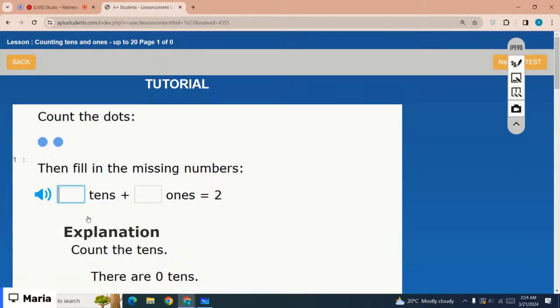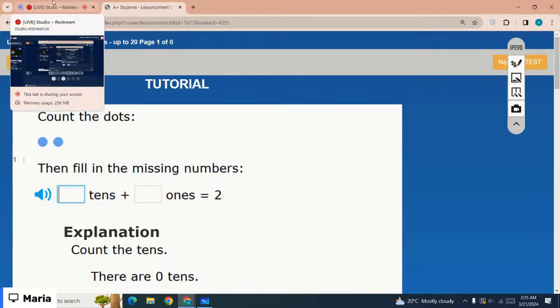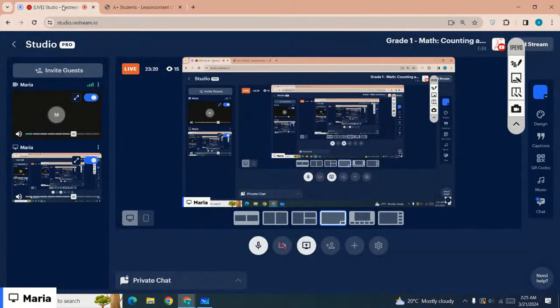Yes, there are only two dots, right? So that means there are two ones, right? The correct option is two ones. Yes, there are only two dots, right? So that means there are